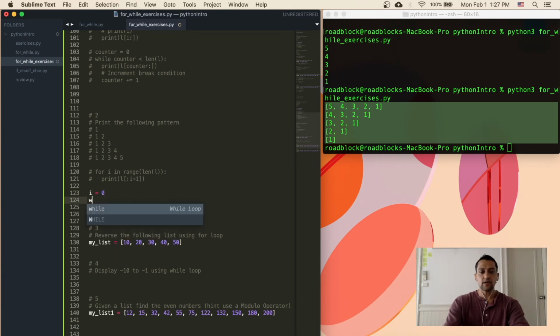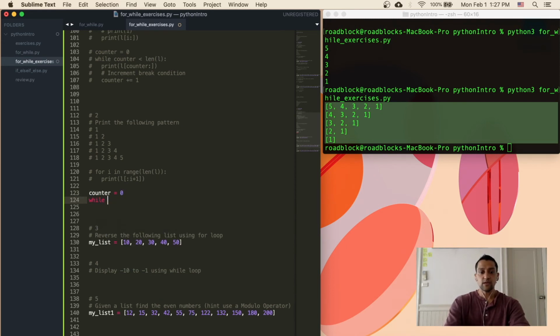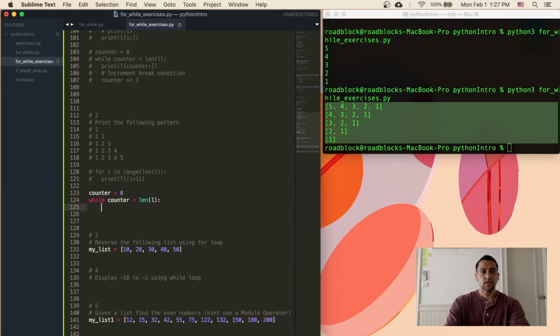If I used i here, while i, but counter just makes much more sense to me. So while the counter is less than the length of L, then print L colon counter plus 1, and we'll see what the result of this